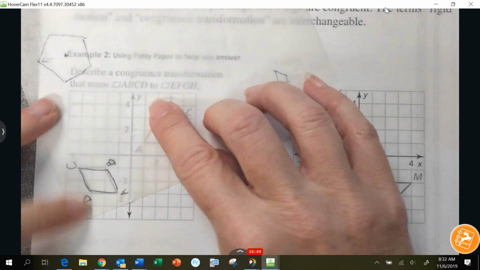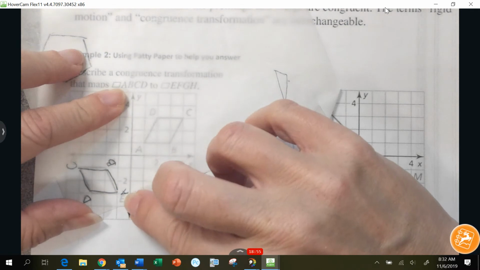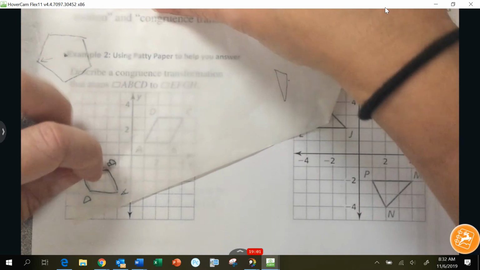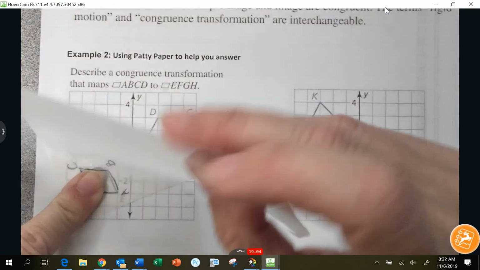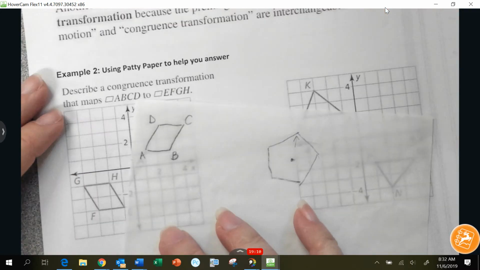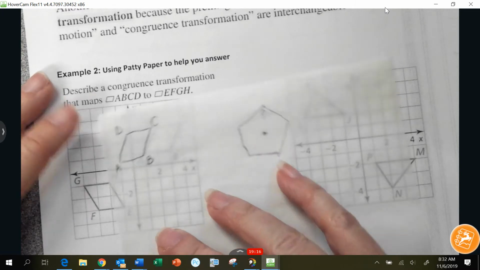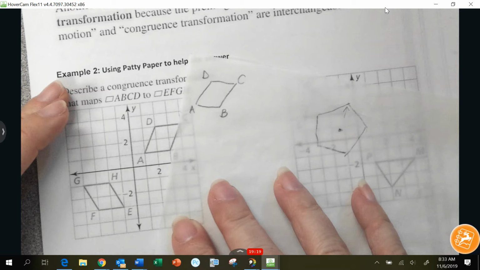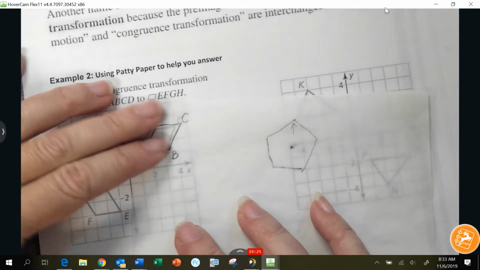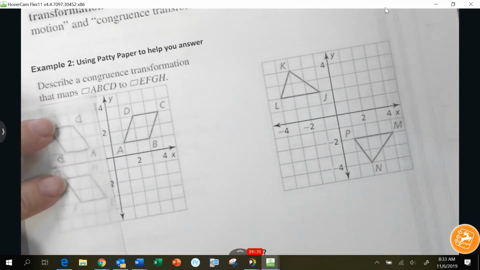Probably. Let's see. They said that A should match to E. Do I have A and E matching? Do you have A and E matching as you're trying this with me? Yeah. And then B matches to F. Is that true? I have to look underneath. Nope. Maybe they put it in the wrong order, though. Or maybe I just didn't rotate it correctly. Oh. Maybe it's not a rotation. Maybe it's a reflection